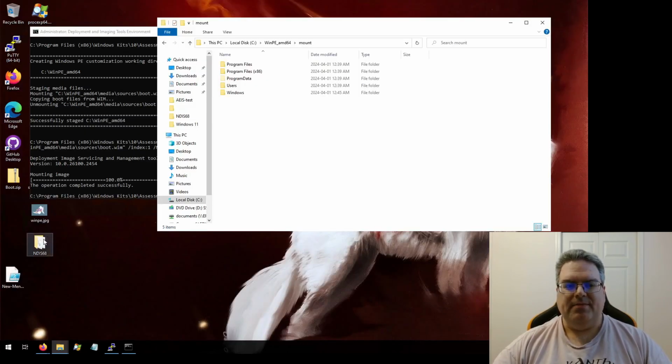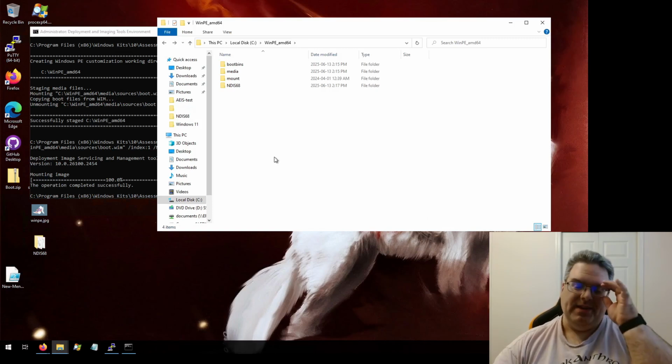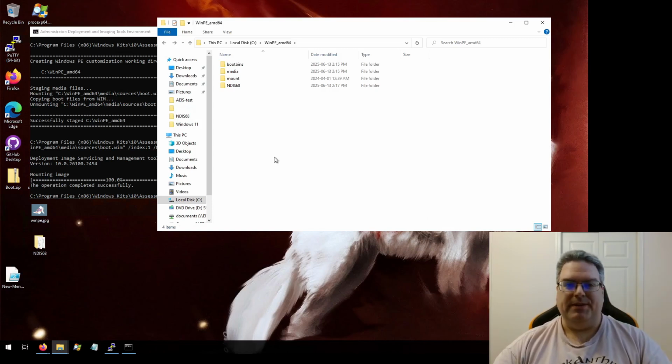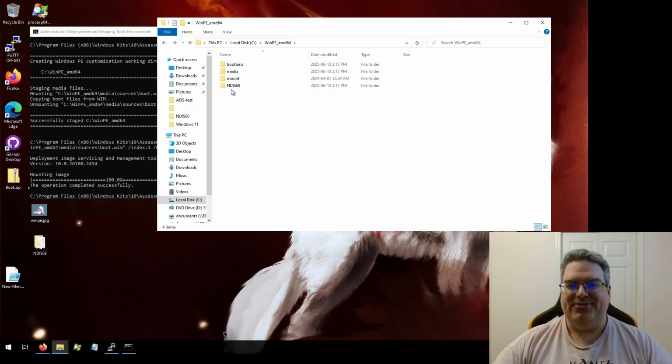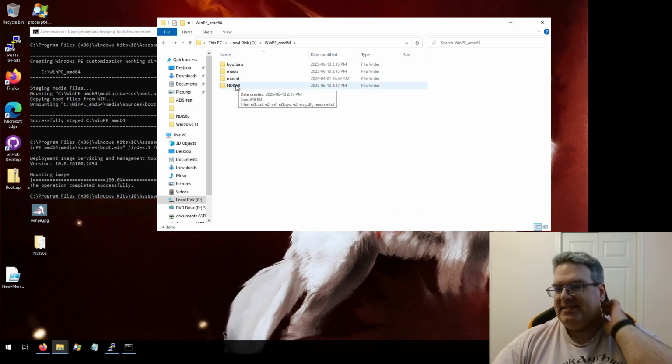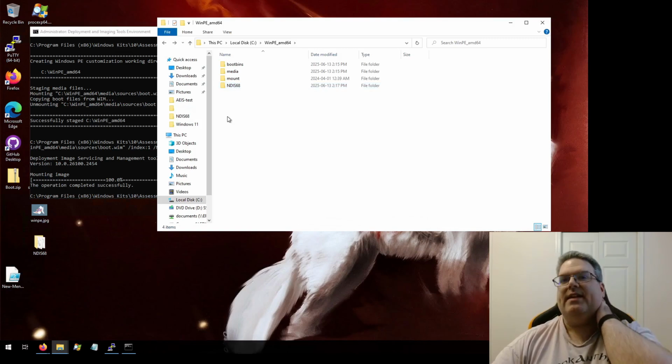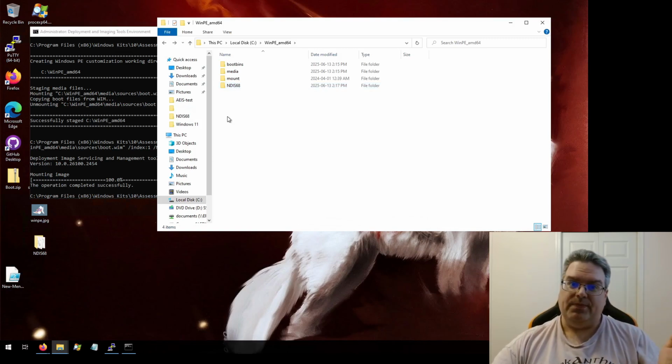Most of the time, you could expect that you don't actually need to add drivers, but I have come across at least one network card that does not have a driver in Windows PE, certainly not the server variant of Windows PE. And this is why I'm talking about it. I had to modify this driver file, NDIS68. This is something that I customized for Server 2022. And I haven't tested it in 2025 yet, but I'm betting that it will still work because